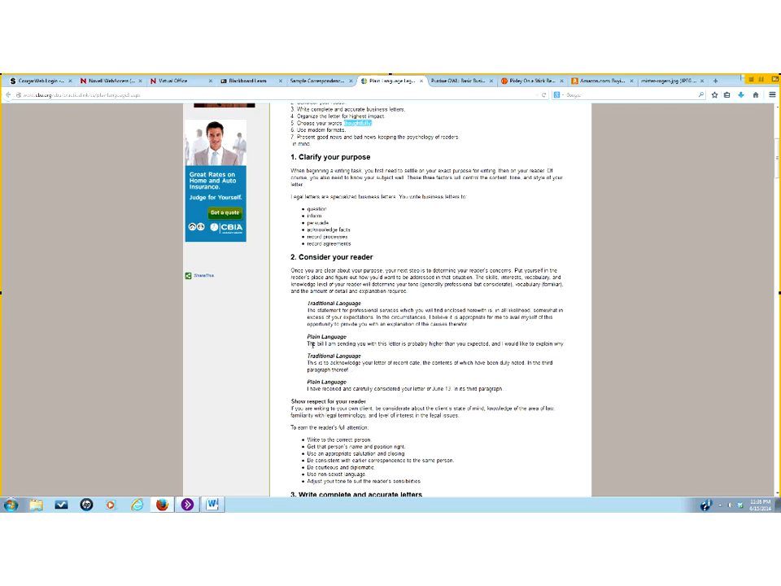Here's the plain version. The bill I am sending you with this letter is probably higher than you expected, and I would like to explain why. This is much easier to understand, it's much shorter, and you're much less likely to tick off the person. If the person who received the bill reads this, he's like, oh my gosh, I'm ticked off at this writer